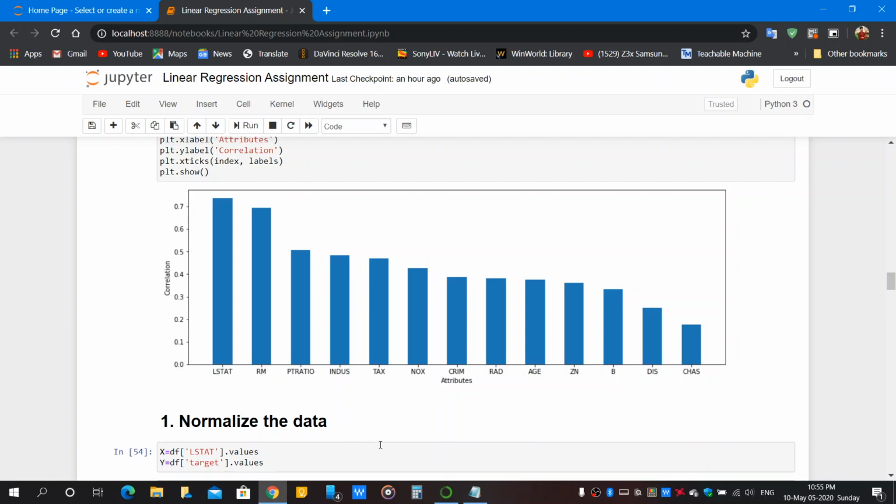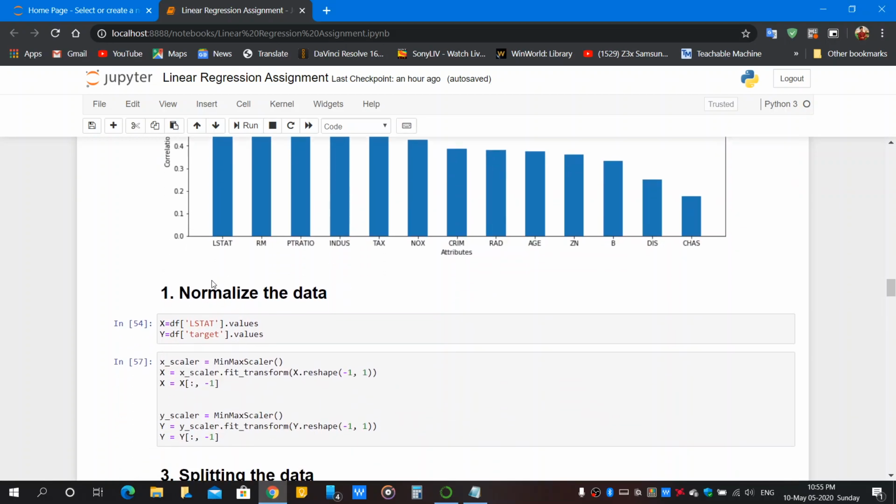That shows that the target value will vary more frequently with LSTAT. It is more sensitive to the LSTAT attribute among other attributes. Therefore, we will be using LSTAT to develop our model. Hence, with this our pre-processing is complete, and now the next step will be to normalize the data.